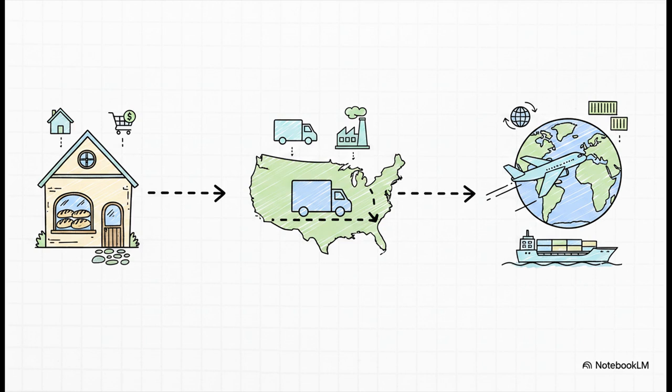Geographically speaking, markets scale up through 3 distinct tiers. You've got your local market, where things are traded strictly within a specific region, your neighborhood bakery or local mechanic. Zoom out and you hit the national market, where goods move entirely within one country's borders. And then we scale all the way up to the international market. We're talking massive cargo flights and global shipping networks, hauling commodities across oceans to entirely different continents.